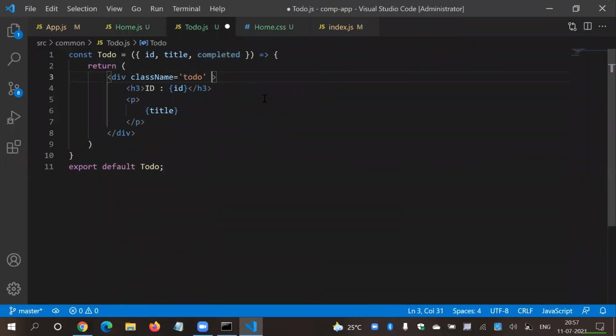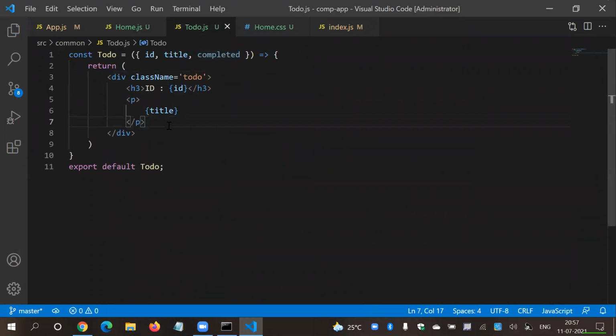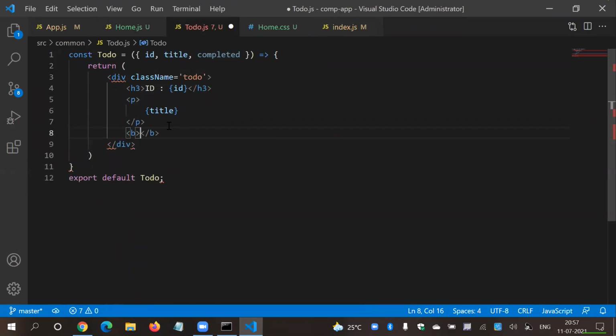So what I'm going to do, I'm going to change the style. Okay, first of all, let's say B, if it is true, then I'm going to show completed. If it is not true, then I'm going to show not completed or pending, like that part. So how you can achieve that? Like ng for. If you know Angular, then just compare ng if ng for with this syntax. This is much more easier way to use this.